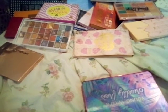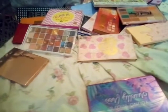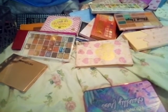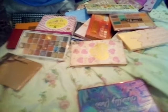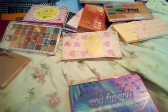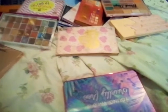My room is an absolute pigsty at the moment. Gotta get through that pigsty stage to get to the clean organisation at the end. And I thought I'd do a palette declutter, and I thought I'd film it. I was going to call it an entirely drugstore palette. Then I realised I have two palettes that could be considered high-end, on the cheaper end of high-end, but we'll